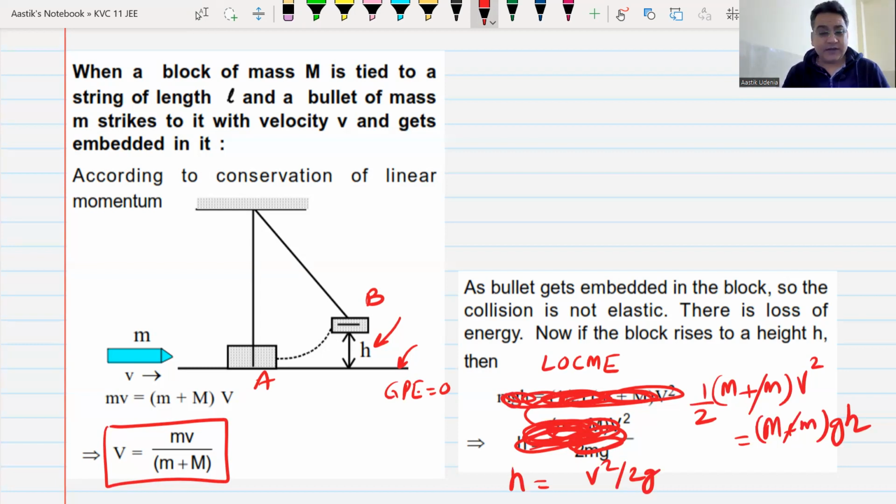So the question is similar. They will just ask you how high will it rise. You can just apply the law of conservation of mechanical energy, and h will be equal to V square by 2g. Do we understand this? Okay. So this is all that we need to do